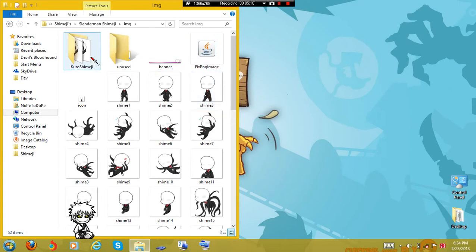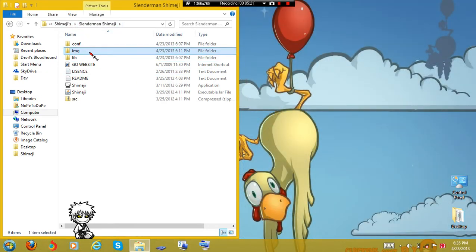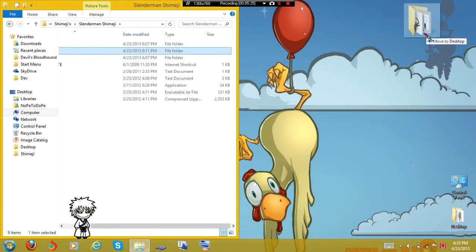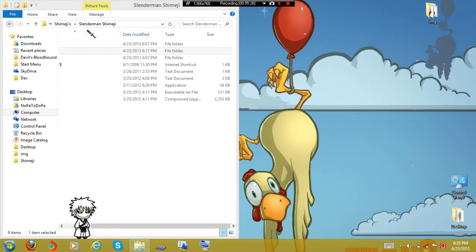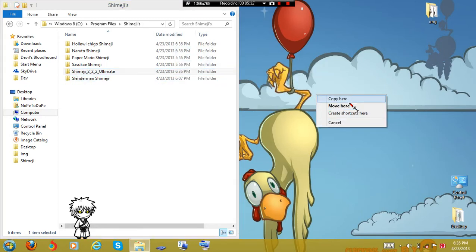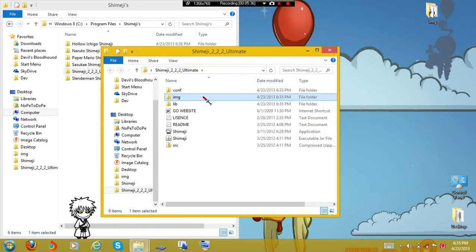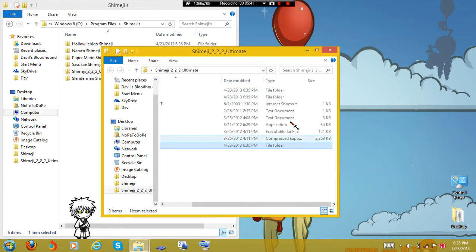And what you need to do with those is name it IMG and just place it in a folder that does not have the IMG folder. So, like, if I had just downloaded the Slenderman one, I'll just go ahead and copy that here real quick and show you what I'm talking about. And let's say I already had the original Shimeji right here. Then I would open up the original Shimeji, delete the IMG folder, take the Slenderman one, drag it in,